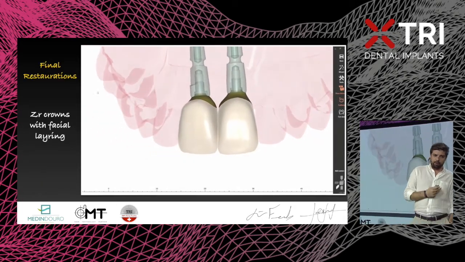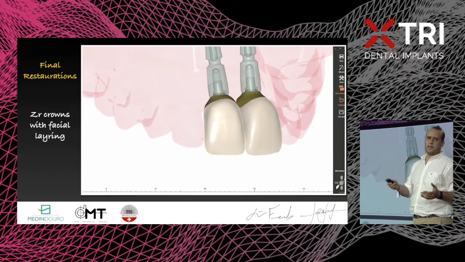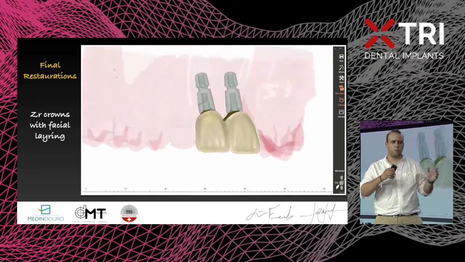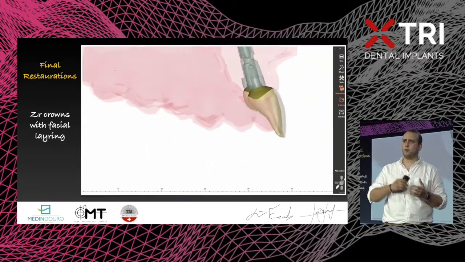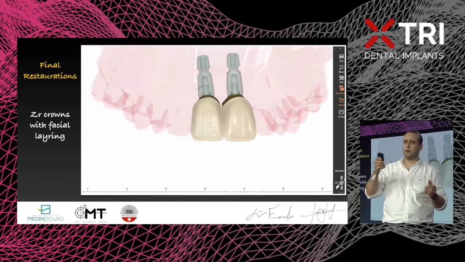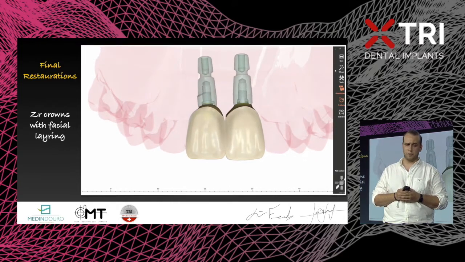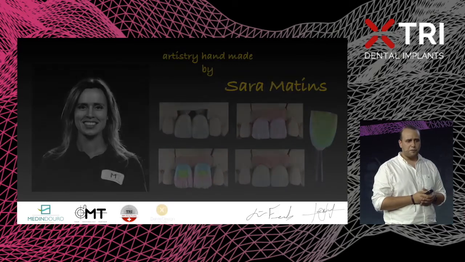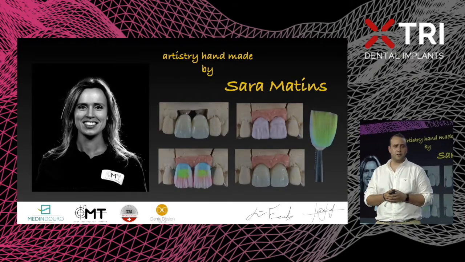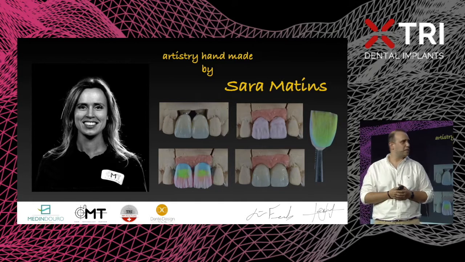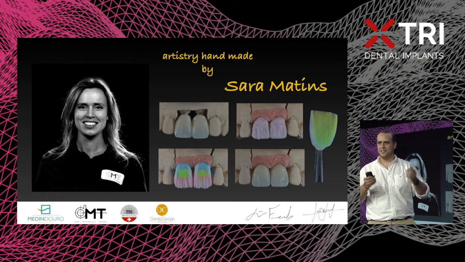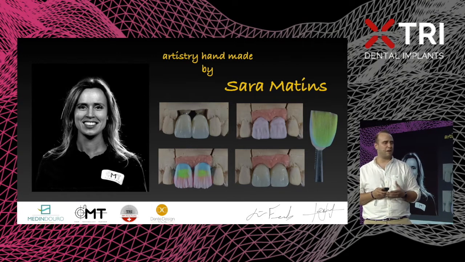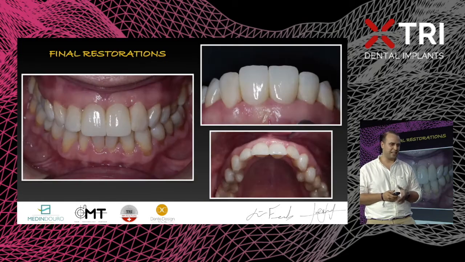So after that, João said to the laboratory, everything is fine, we have to respect those profiles that are completely ready. So the only thing we have to do is open the file from the provisionals and make a little bit of cutback to produce the zirconia crowns. After that, I sent the structures to Sarah. She's a good friend of ours, and is one of my partners in DMT. And she's an artist with the ceramic to produce those final restorations with a really good look at the final.